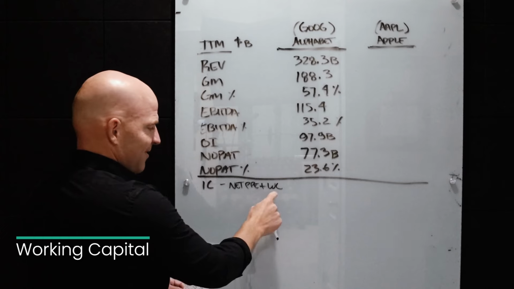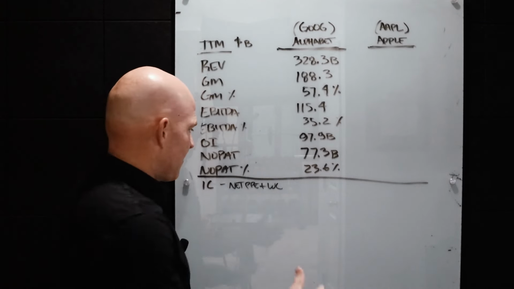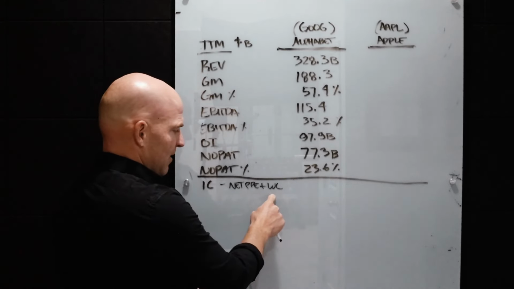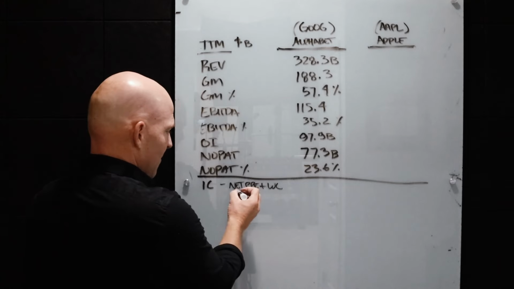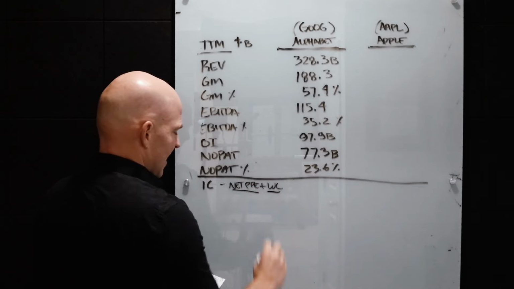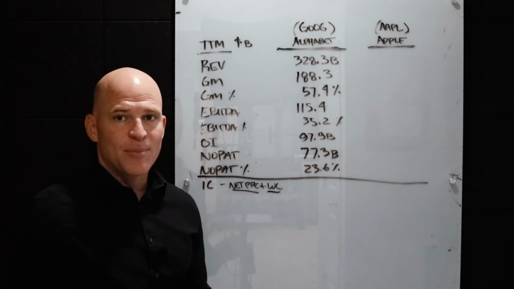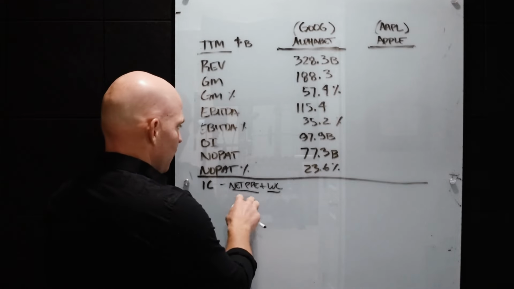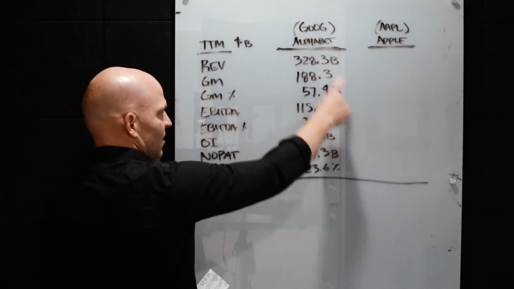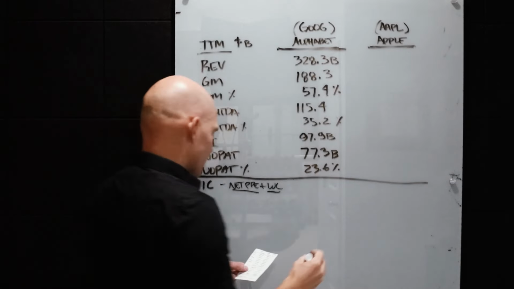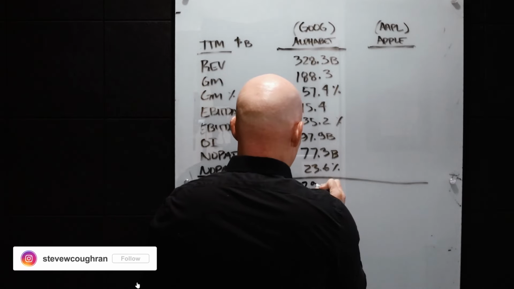And working capital does not include excess cash, so you have to back that out, and interest-bearing debt. All right, so if you combine net PP&E and working capital together, this represents how much capital is required to generate the business and ultimately generate this up above. So Google has